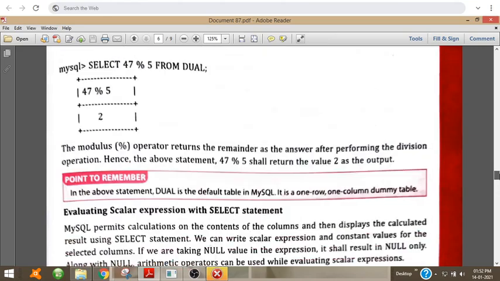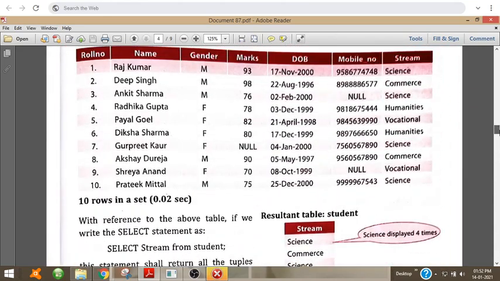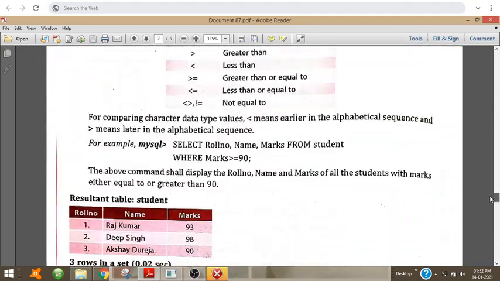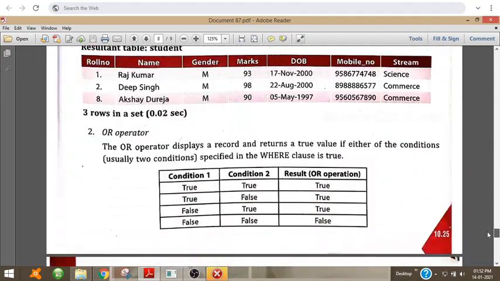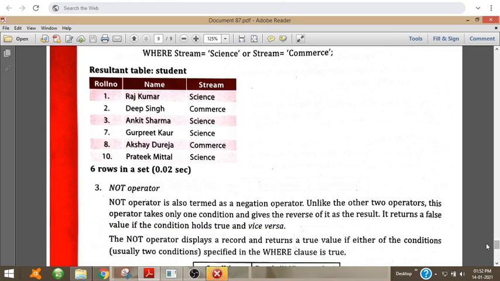All the students from the science stream and commerce stream are selected, only the particular columns, roll number and name. Other streams are not selected.